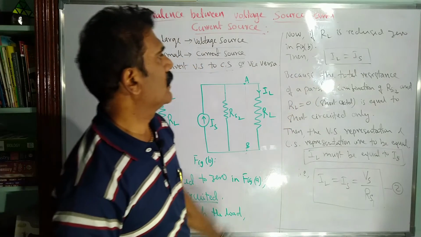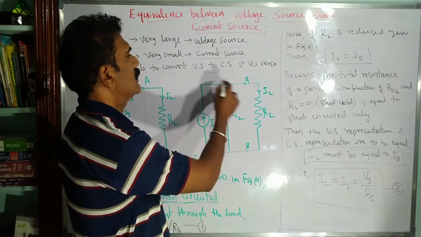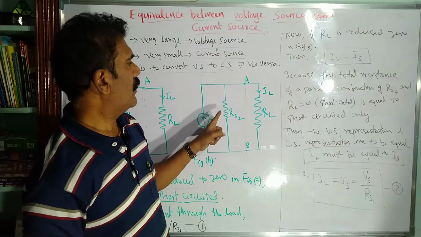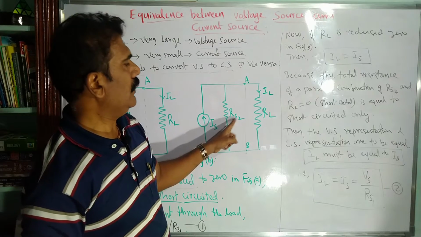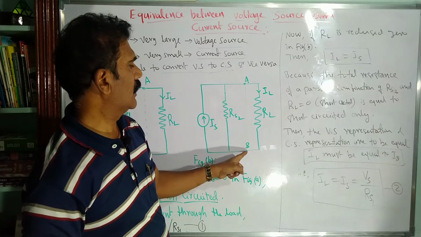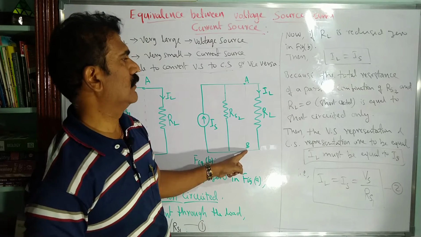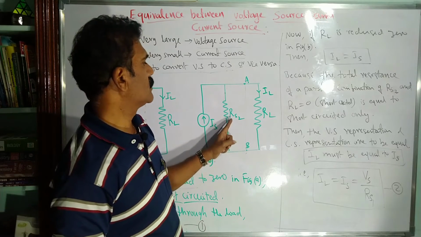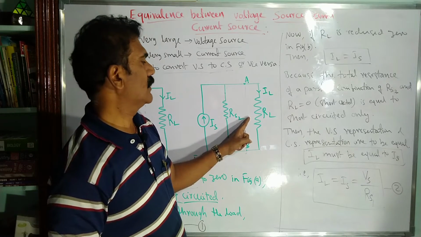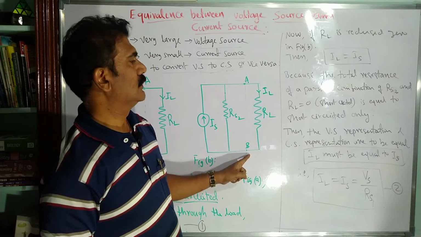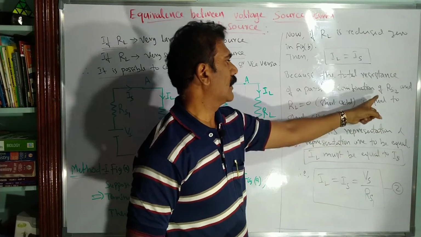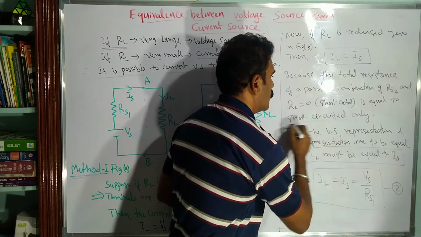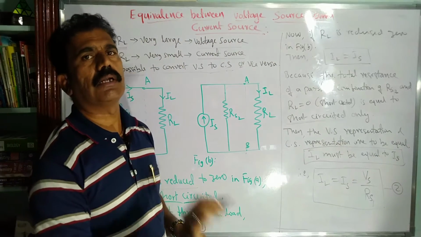Clear? So what is the total resistance in this circuit? You have to consider the total resistance, isn't it? For the parallel combination of RS2 and RL, RL is made 0 when it is shorted from A to B. So RL is equal to how much? 0. Short circuited resistance is 0 always. So what is the parallel combination resistance then? Between RS2 and 0 resistance, it is equal to 0 resistance itself. When it is connected in parallel, the equivalent resistance is equal to the short circuited resistance only, through which the current is passing.